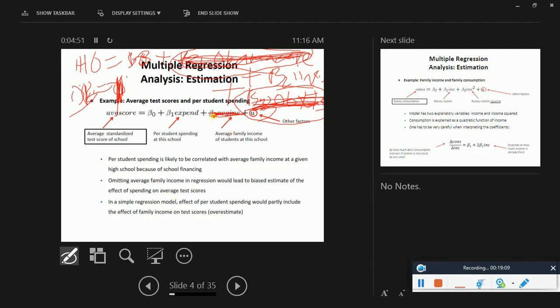So if I exclude average family income, I cannot directly measure the effect of family income on your test score, right? If that's my objective, that I want to see how the average family income is affecting the scores, there is a linear relationship, a strong linear relationship. If you are coming from a rich family, you don't have to worry about loans or things like that. Your decision making gets easier. Whatever schools you get into, you can easily attend that. In fact, it creates brand value,